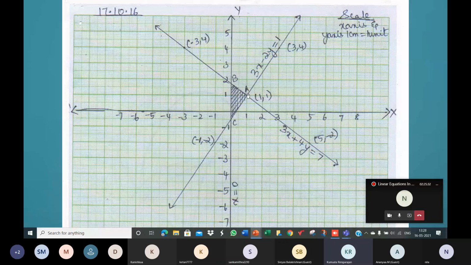One side of the triangle will be a segment of the first line. The second side of the triangle will be a part of the second line, and the third side of the triangle will be a segment of the y-axis itself. The three sides of the triangle will be three segments of the three lines in the question. This is the triangle, and then call the triangle PQR or whatever and write out the coordinates, the address of the vertices.